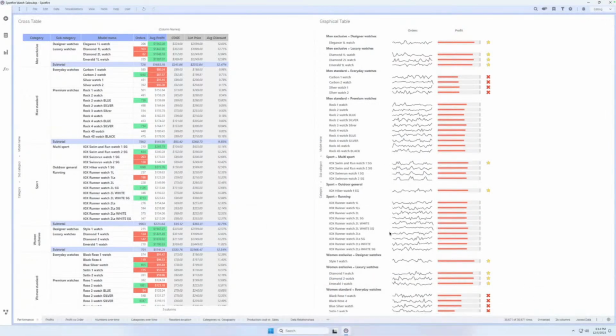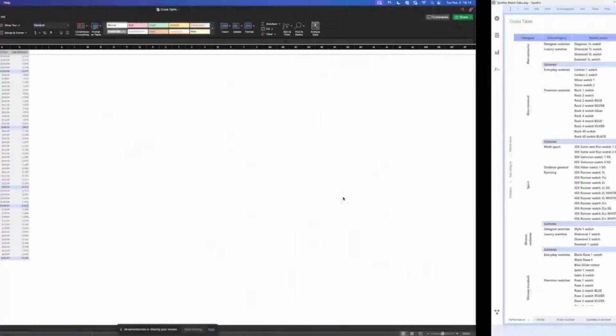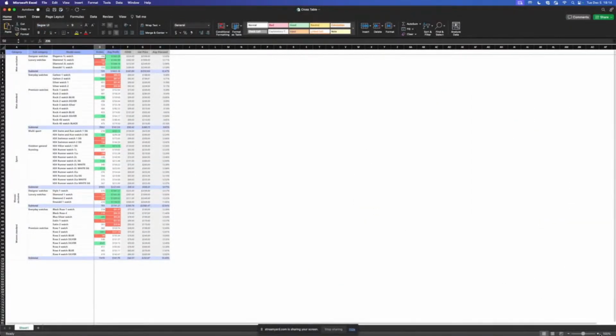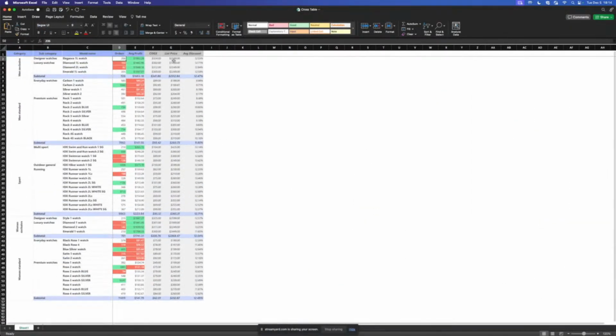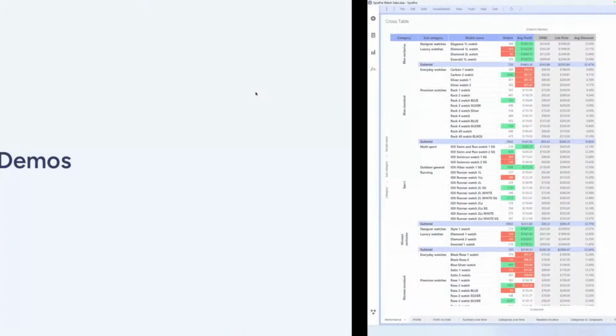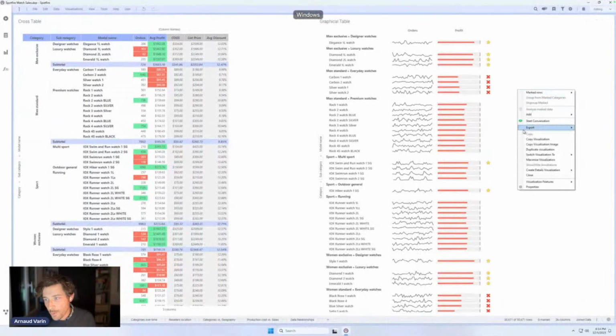and I'm done. Now opening this file in Excel, you see I retrieve exactly the same layout and the same formatting is respected here. Even the headers, if I scroll here, the frozen rows and columns are kept exactly as I designed it in Spotfire. And it works exactly the same way